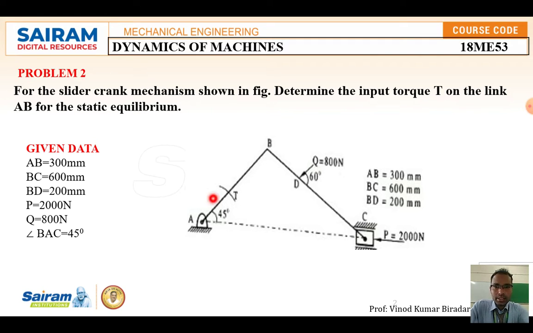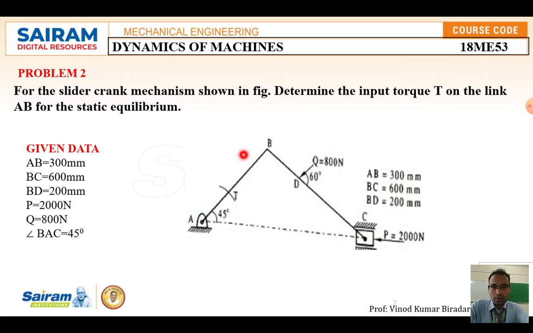Here on the link AB, a torque is produced, and because of this rotation takes place. You need to find how much torque is produced on this link element AB. If you look at the diagram, if there are only two links, you assume it is a slider crank mechanism. Suppose it is a three-element arrangement, that comes under the four-bar mechanism.